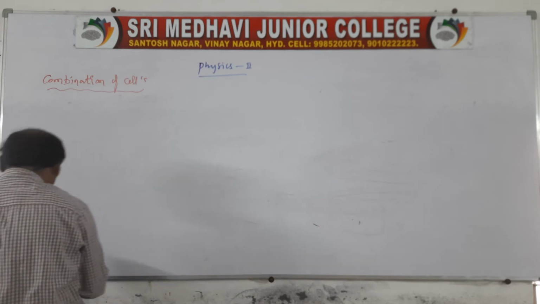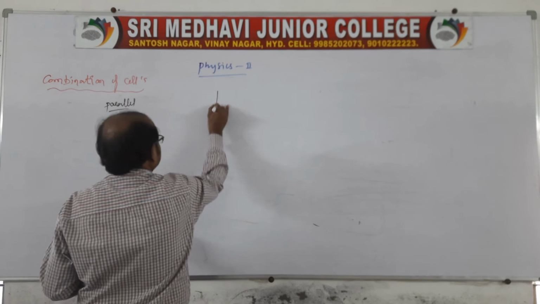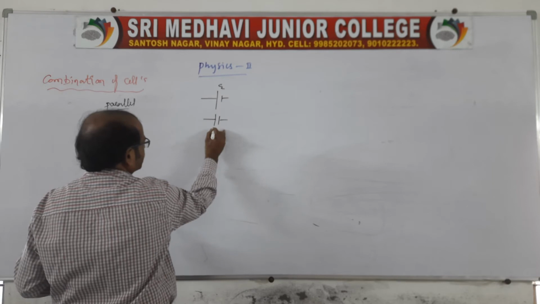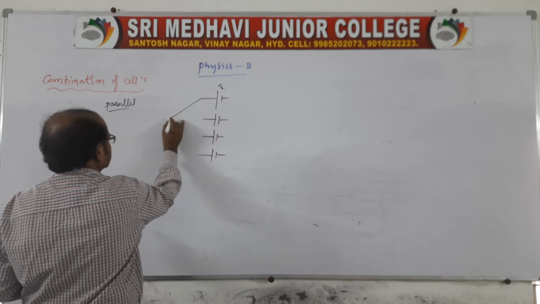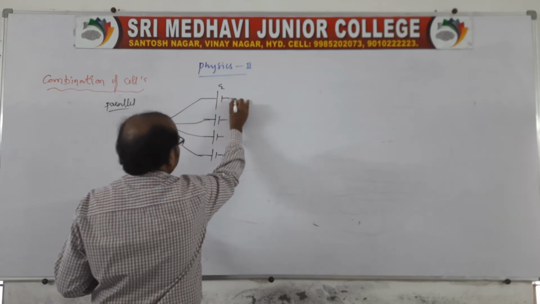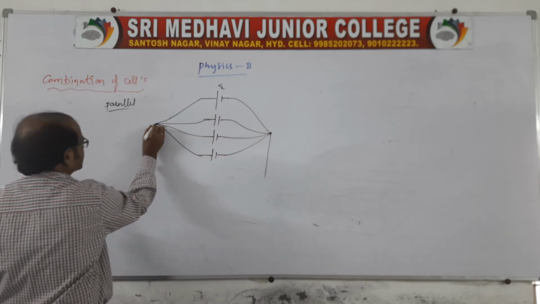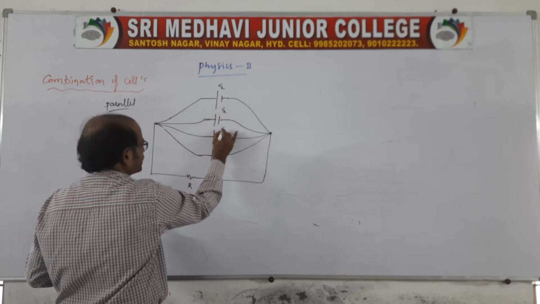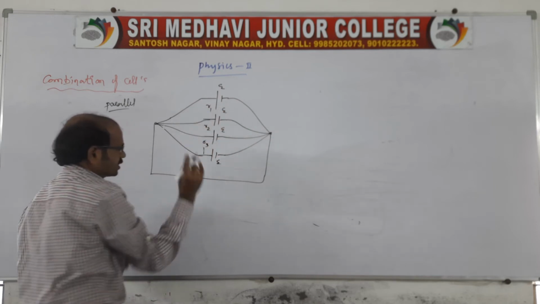See, we can say like this, parallel combination, next one. If there are a number of cells, you take a cell with EMF E, this cell EMF E, this cell EMF E, this one EMF E. So all the positive terminals are to be connected at one point like this, and all the negative terminals are to be connected at the other end, and these two points are connected to the external resistance capital R. The EMF will be E, and the internal resistances are r1, r2, r3 and so on, right?